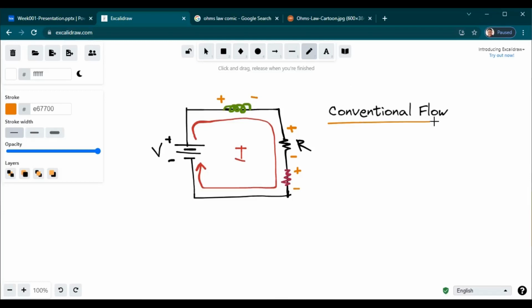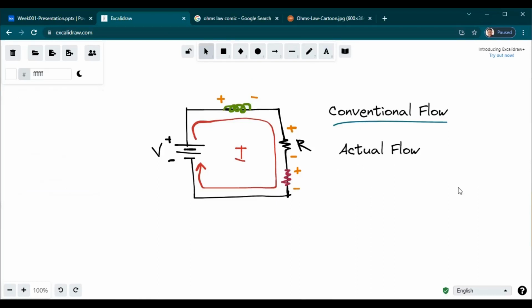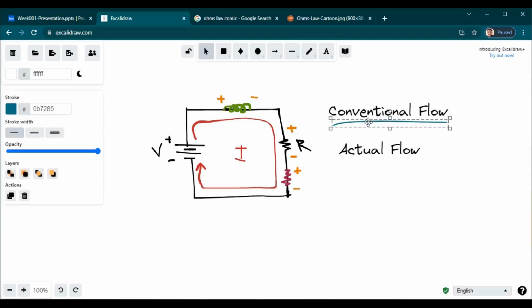I'll add another thing regarding conventional flow. We have two types of current flows. You have the conventional flow, and then the other one is what we call actual flow. Okay, so conventional flow and actual flow. Conventional flow, let's just color this one red since we have the red one already in the circuit. Conventional flow is where the current flows from positive to negative, okay,